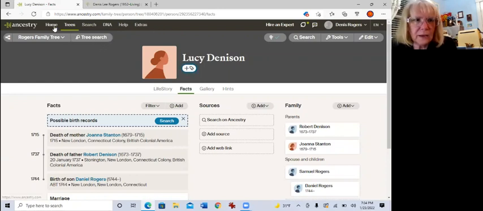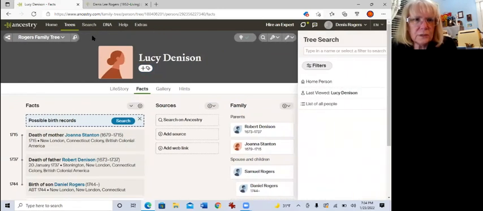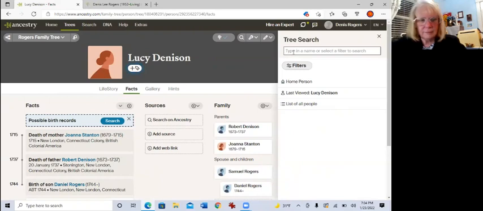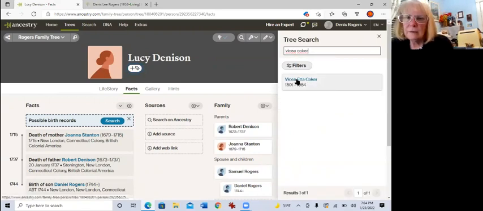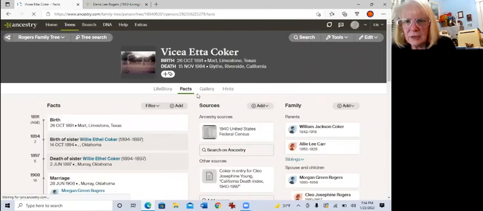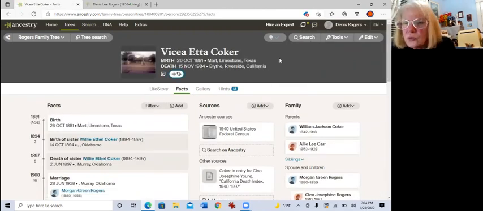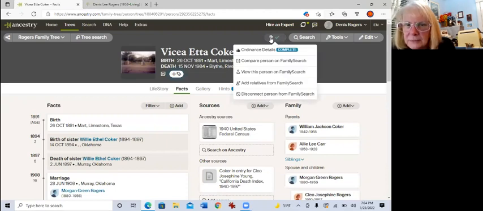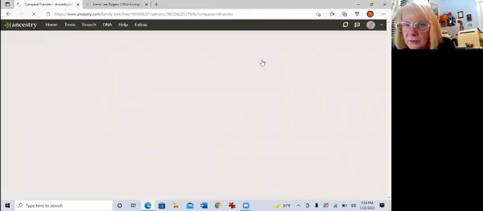So now I want to go back to, I practiced on her, a way of trading documentation back and forth between FamilySearch and Ancestry. So if you click on this, you can compare the person on FamilySearch. So I click compare,